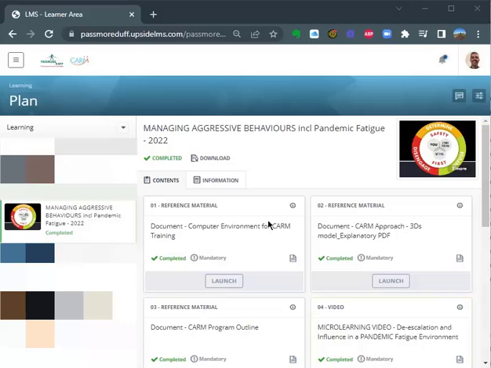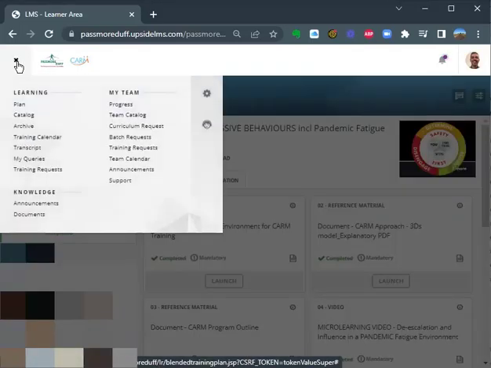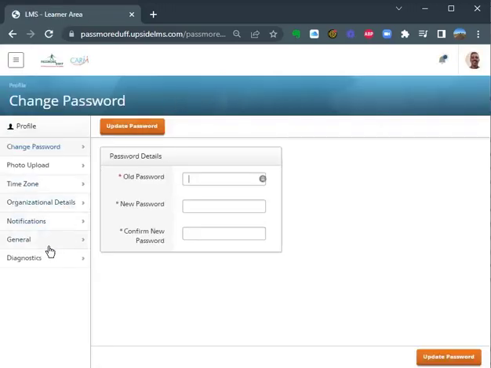content's displayed, even though it's in a shrunken window, just go to the top left where there's a menu. You click and open that and expand that. Amongst those options, you go to the wheel, which is the settings wheel. And if you click and open the settings wheel, you'll see an option there for diagnostics. And if you click on diagnostics,